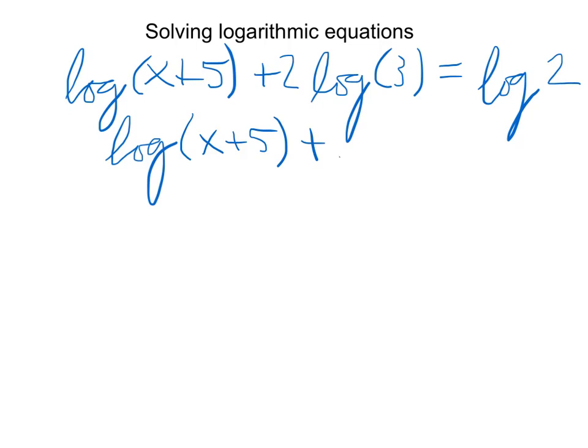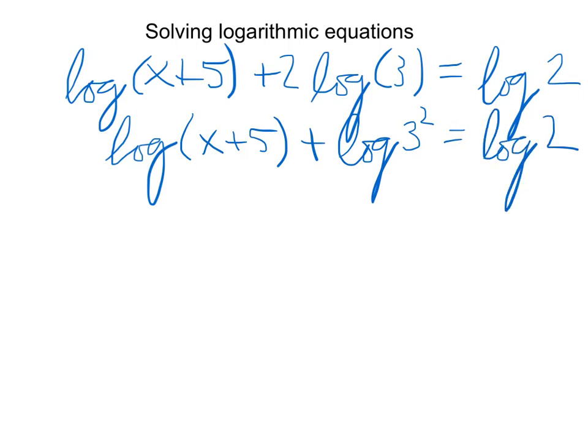We'll use the power property to make that into the exponent of the 3. And then we still have log of 2 over on the other side. And now we can use the product property to combine together this log with this log. So let's do that. So that gets us